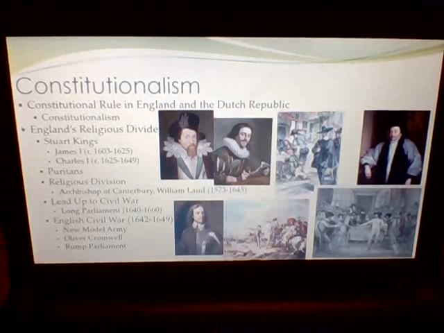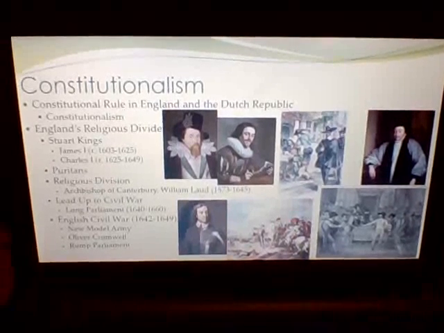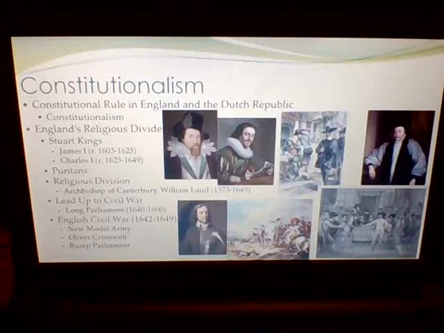So looking now at the lead up to Civil War, Charles avoided grievances by not calling Parliament from 1629 to 1640. He also passed levies, or taxes, during this time, many considered illegal, because a lot of the nobles didn't want to pay the taxes because Parliament had earned the power of the purse, which means the right to basically collect taxes or make taxes. And so since they weren't meeting and he was making these taxes on his own, a lot of folks didn't want to follow them or enforce them.